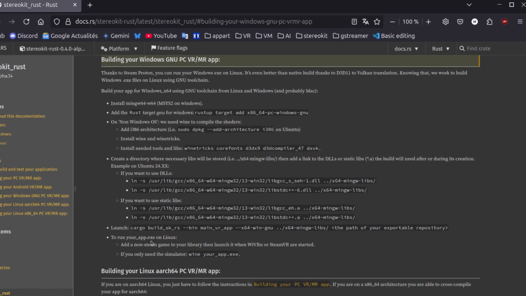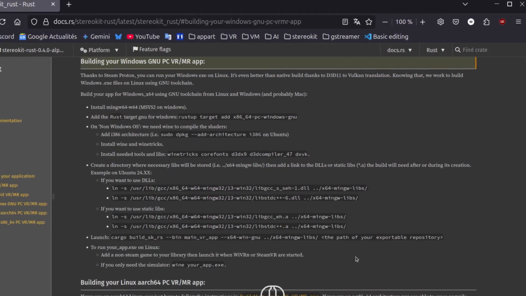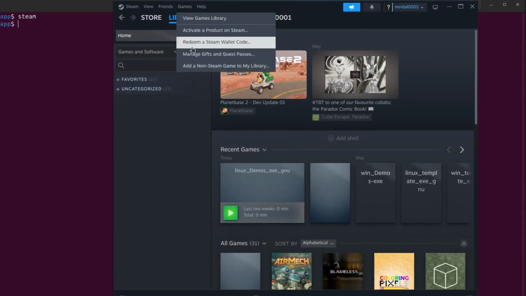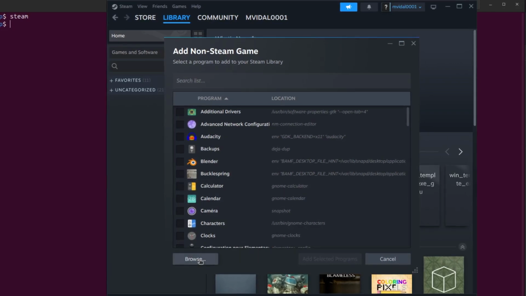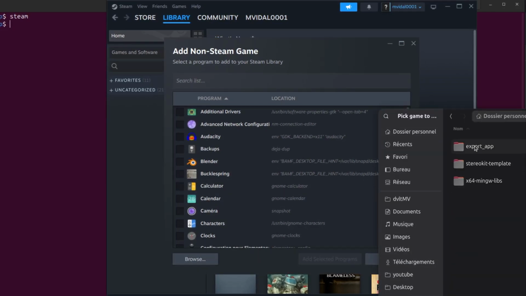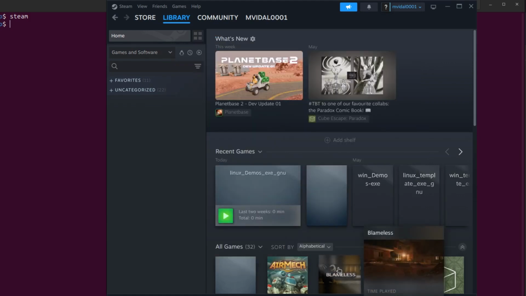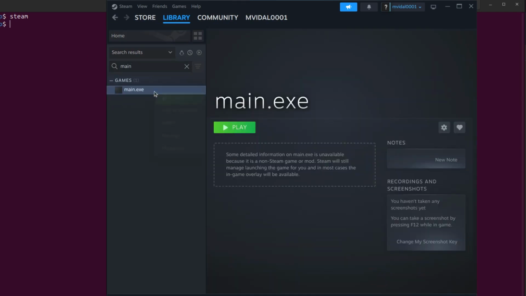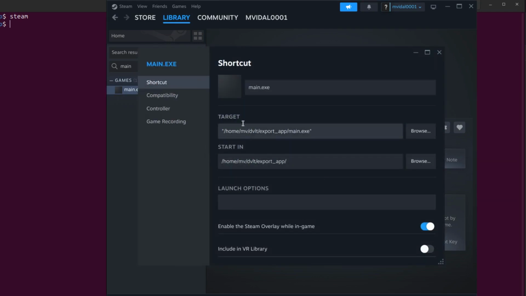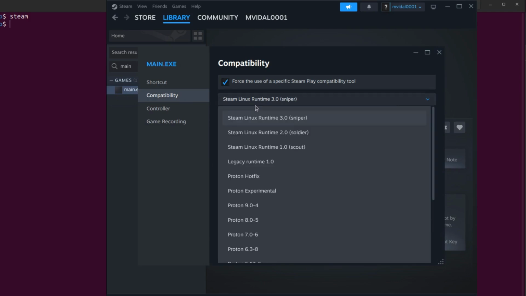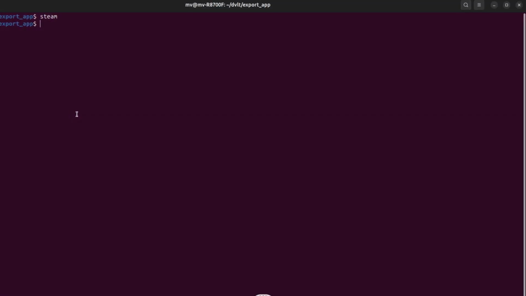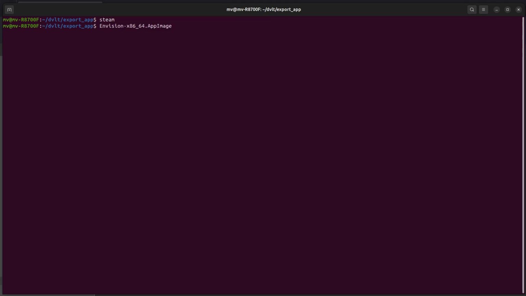But we are there for VR, so we add our executable to Steam. Envision is a great tool for launching the runtime you need.